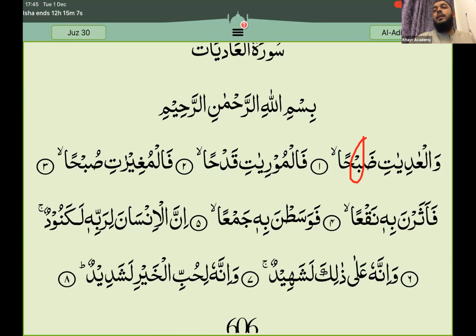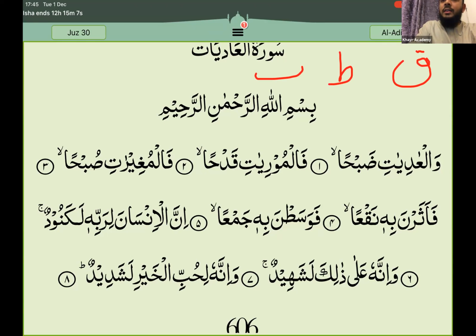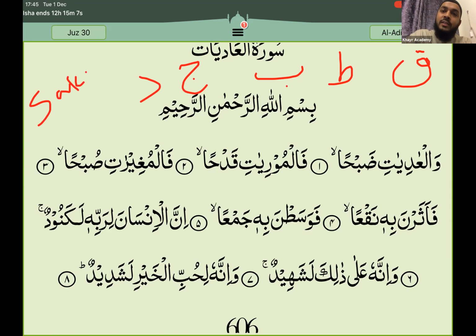Am I going to make this qalqala? Before I do this, let me write all the qalqala letters on top, so it's easy: qaf, ta, ba, jim, dal. When I ask you questions, you can just look on top, and remember they all need to have a sakin. So I'll write sakin as well.